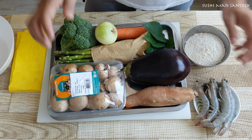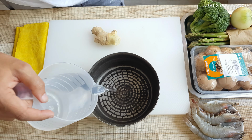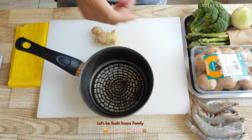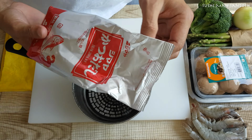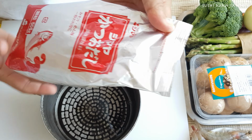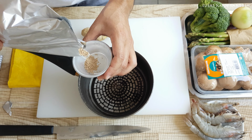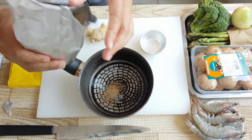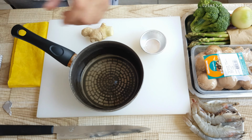Okay, let's go. And first of all, I'm going to make the sauce for the tempura. To make the sauce for the Japanese tempura, I'm going to use a little bit of water. Yes, it's enough. And one dashi. It's all kinds of dashi. If you have the katsuobushi dashi and shiitake dashi, you can use those, but the hondashi is very good. That is all kinds of artificial umami, so you can buy things like that in a box. Okay, just a little bit of hondashi. Yes, it's enough, because it will give the extra level of umami flavor. That's almost 3 parts of hondashi and water,